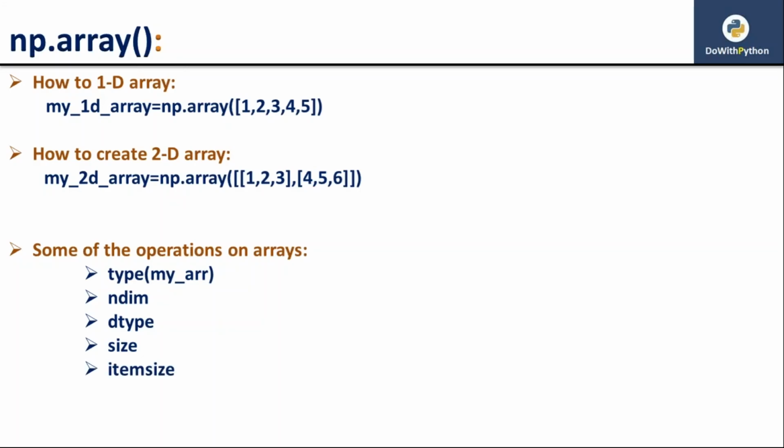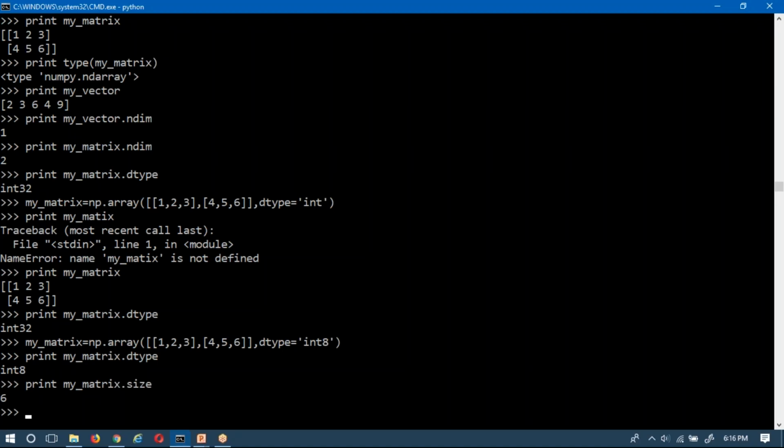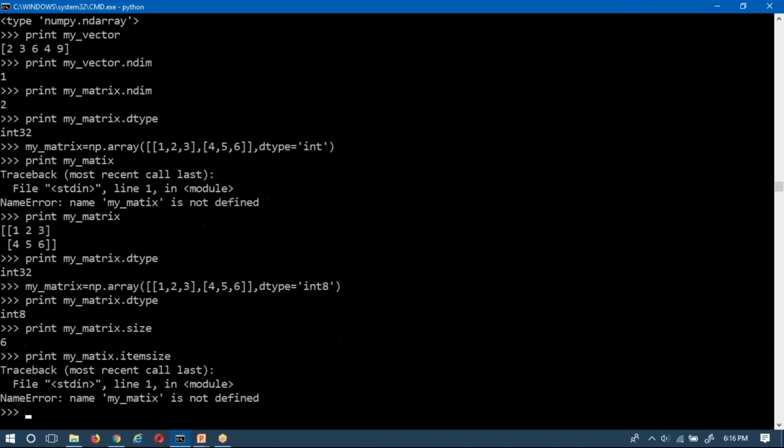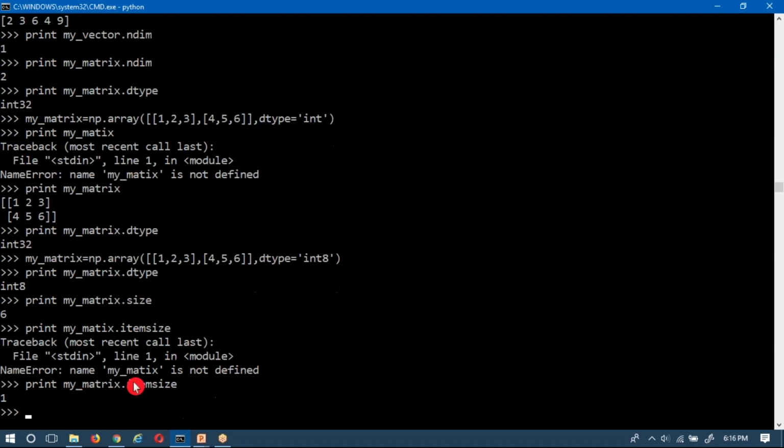Then next operation is itemsize. That means for each data item, what is the size? Suppose I print my matrix dot itemsize, observe here, you get 1 byte. We assigned integer 8, that means 8 bits, and 8 bits is nothing but 1 byte.